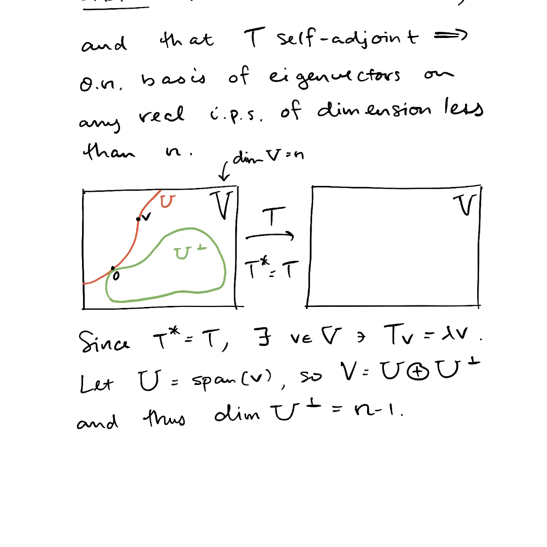Is it true that U perp is invariant for T? In other words, is T also a perfectly good operator just on the green blob rather than on the entire box V? And here you got to recollect